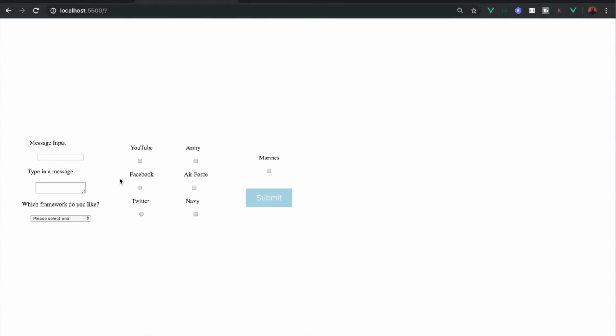And if we go back to our form, we can type in here: input, fill, text area. Which framework do I like? Vue.js. And we're on YouTube. And I was in the Army. So if I go ahead and hit the submit button,